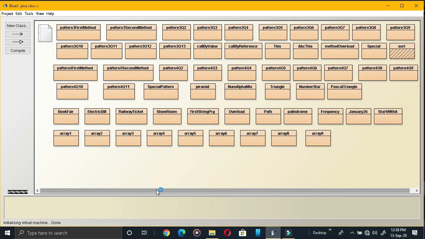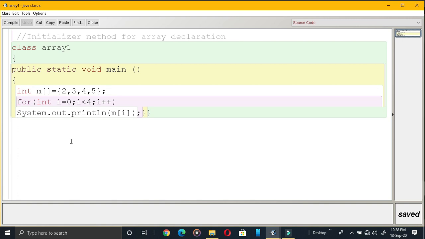Now we are going to see some programs related with the array. I will start with the declaration and will end with some programs. So let us see the first program. This is not a program actually, it's only how to declare an array and how to print the elements. With the initializer method, you are going to initialize an array with the basic values. So I have declared an array and given its starting values.